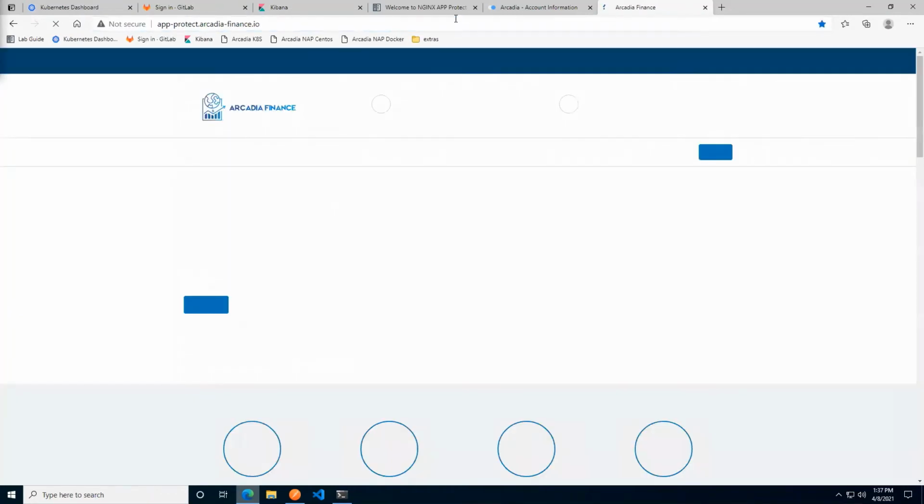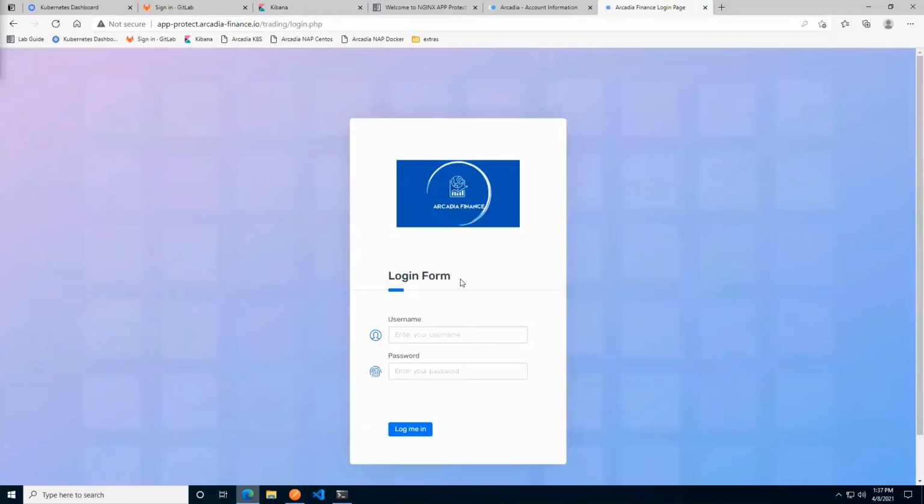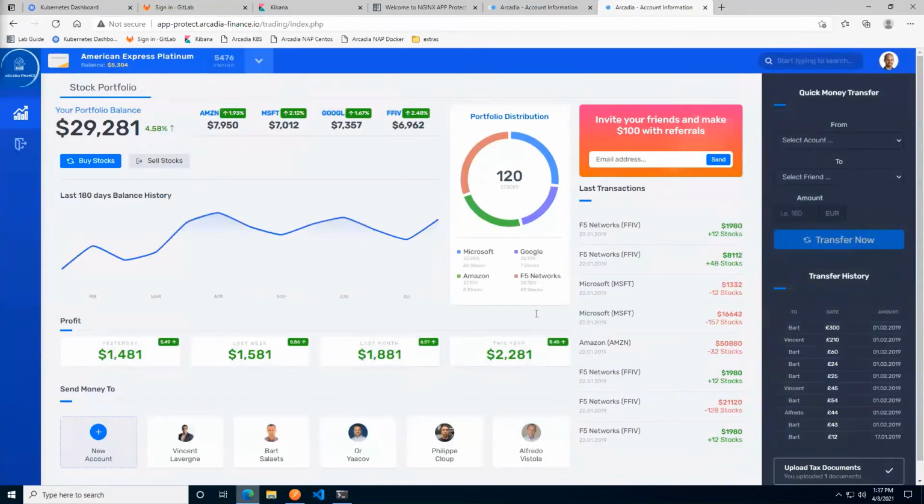Cool. Now let's pop over to Edge and have a look at our pages again. So this is in the App Protect one. I'm just going to remove everything after the main component of the URI. And I see that I do get access to the finance application. I'm going to log in for good measure. And indeed, it is here.